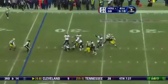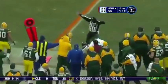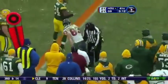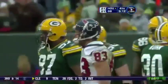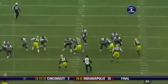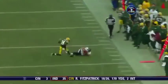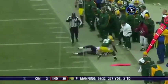Here's Schaub looking to the sideline. Walter with the grab, but not enough for the 1st down. Walter going out of bounds in front of Jarrett Bush. You're right, Gus. He's not there for the 1st down. And I'll tell you what, Schaub comes back to him very late, makes a pretty good throw, but it's just a little out of his reach, and it makes him fall down out of bounds short of the 1st down,